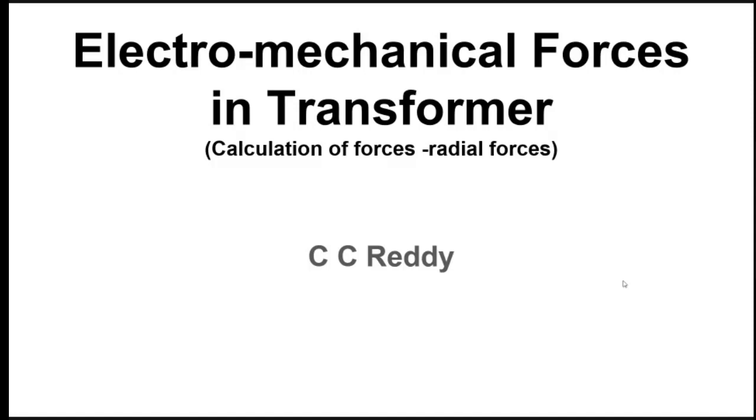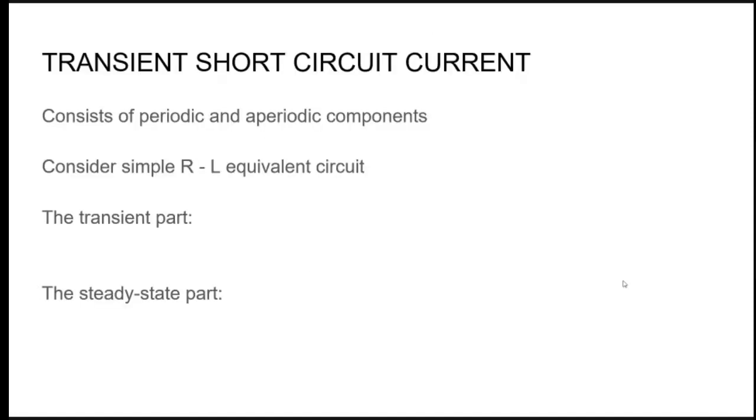So now let us see the transient short circuit current. At normal rated currents, the mechanical forces are not so large. But when short circuit currents pass through them, the mechanical forces increase many times, and it can be dangerous to the transformers also. So theoretical investigations as well as experiments show that out of these short circuit currents, the transient three-phase short circuit current is most dangerous with regard to mechanical forces